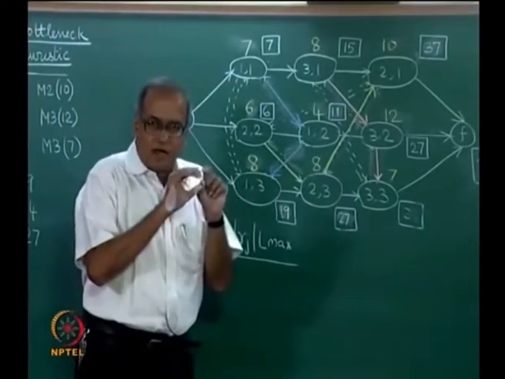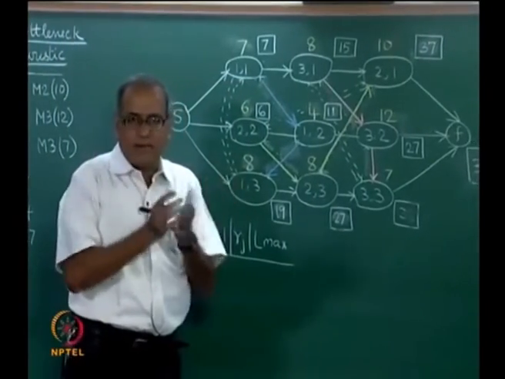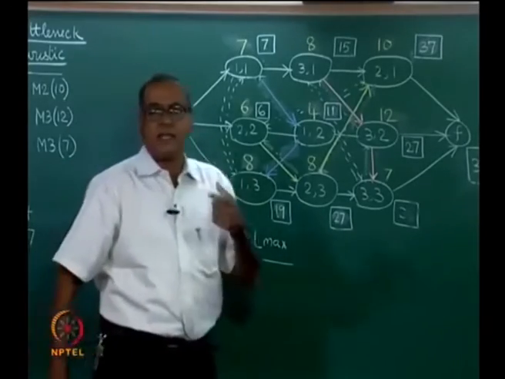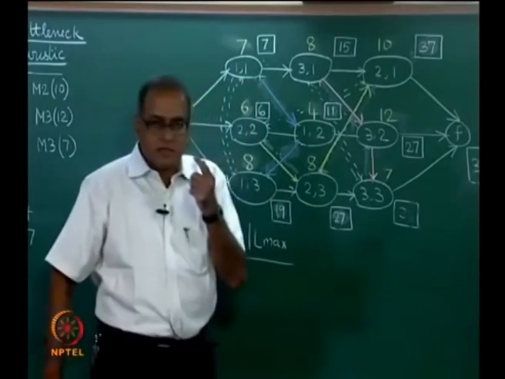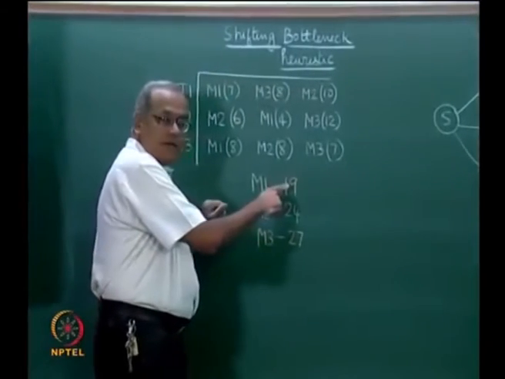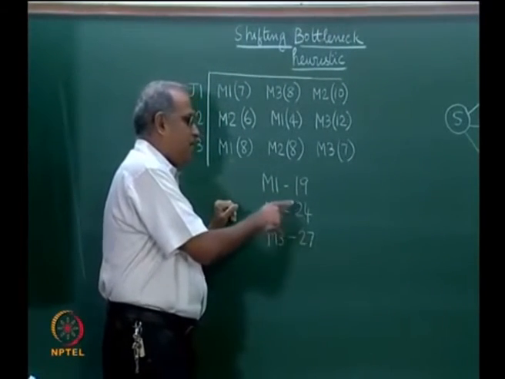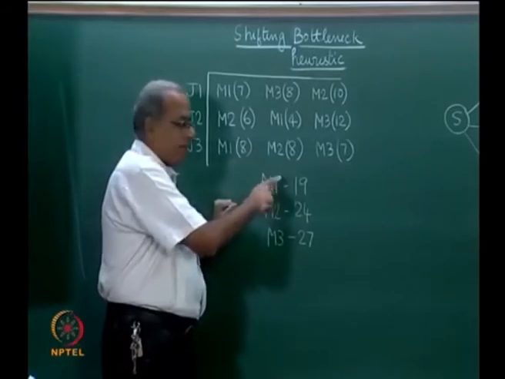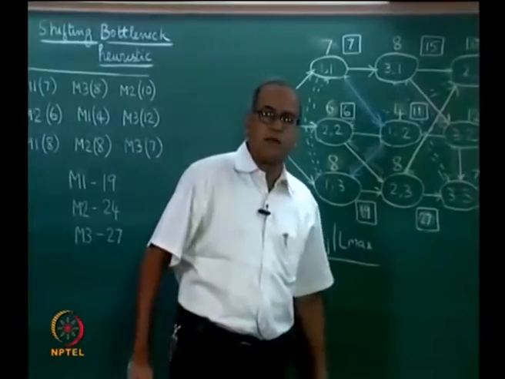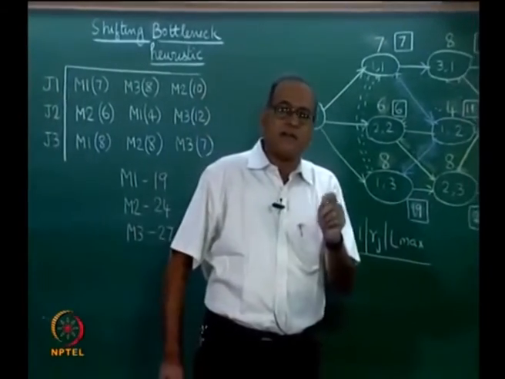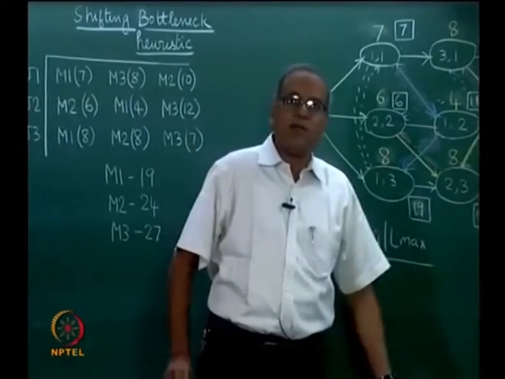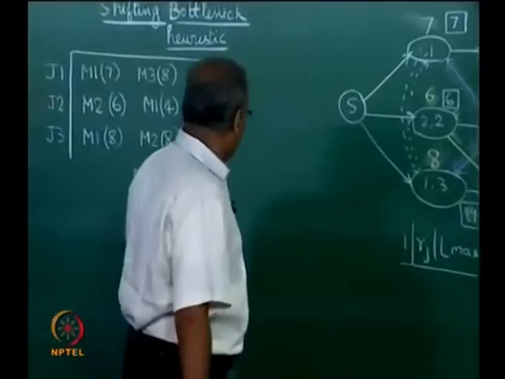So, on the one hand, it solves an optimization problem for a particular machine, but the order in which the machines are taken is now based on the loads. So, here we took the machines in the order M3 followed by M2 followed by M1. This order need not be the optimal order. Therefore, the shifting bottleneck heuristic does not guarantee the optimum solution, even though it solves an optimization problem at each stage.